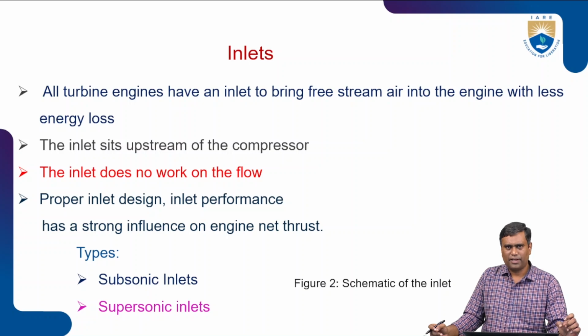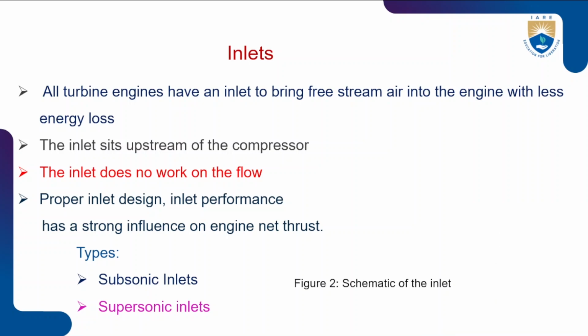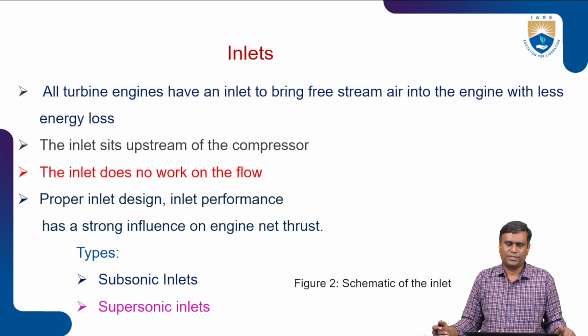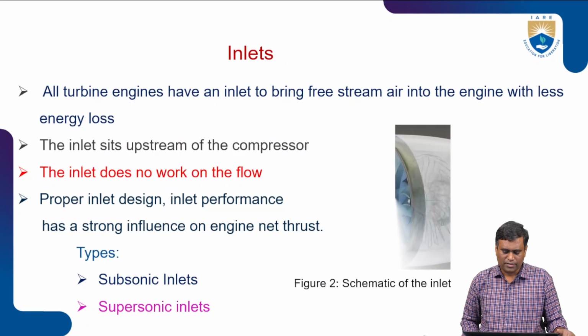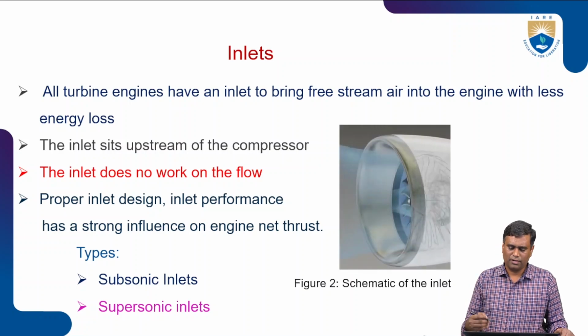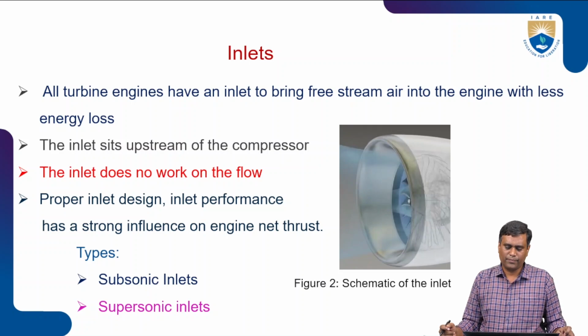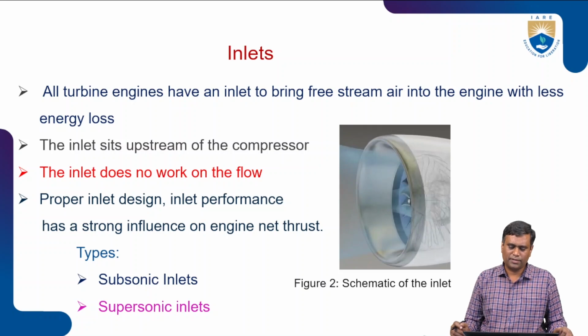Mostly subsonic inlets are divergent sections, and for supersonic inlets, CD nozzle or convertible inlets will be there, where as per the airflow required, as per the power requirement and thrust requirement, the geometry will change. Yeah, and this is how an inlet looks. Mostly this is a subsonic inlet,